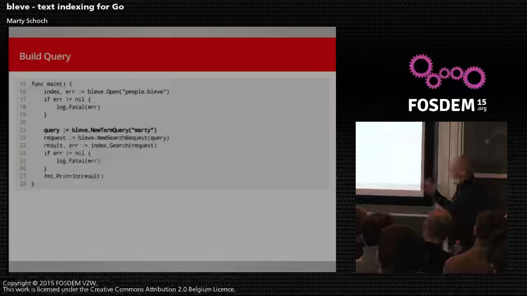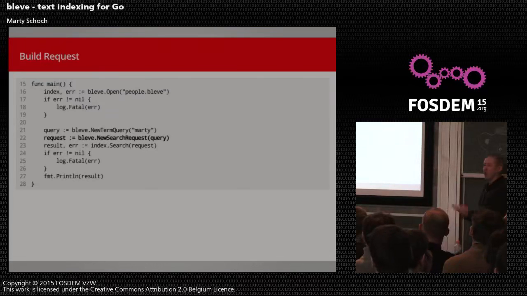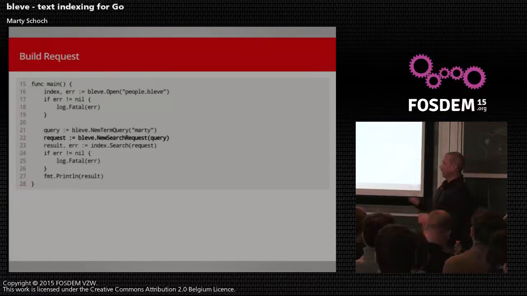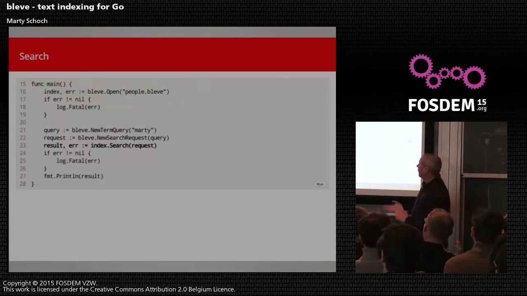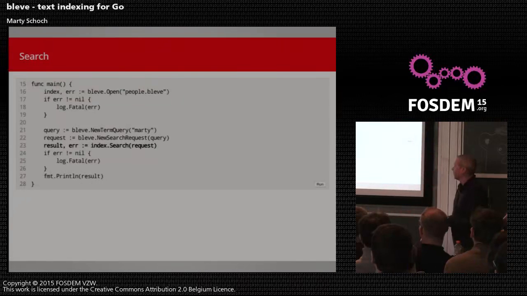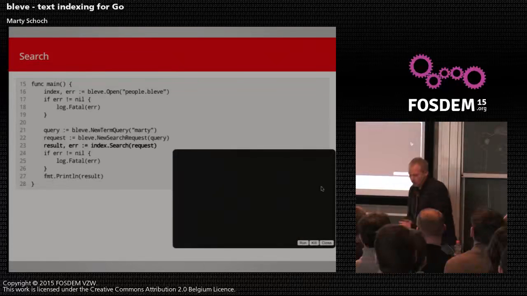So it's helpful to think of the query as describing what we're looking for. And on the next line, the request is describing how we want to get it. So this is where we can control how many results we want to bring back. Do we want to skip over any of the results? Do we maybe want to pull back fields that we stored as well? That kind of stuff will be added to the request. Here we're just, again, creating a default request with none of the other options specified. And of course, now we can run it. You do that by using the search method and passing in the request. And we can go ahead and run that.